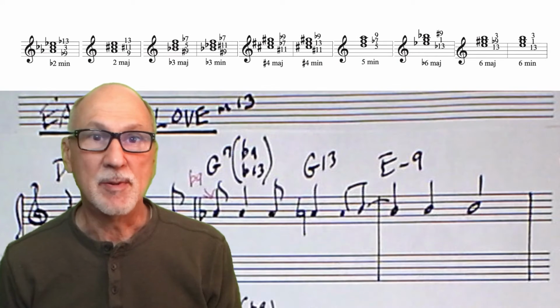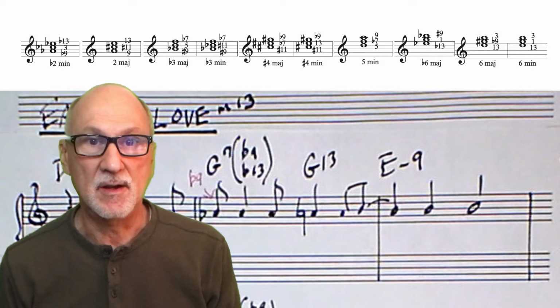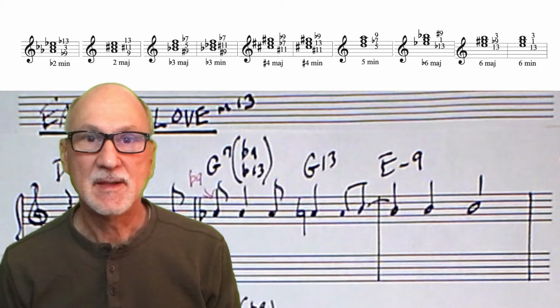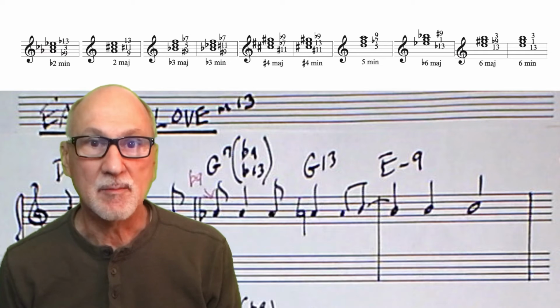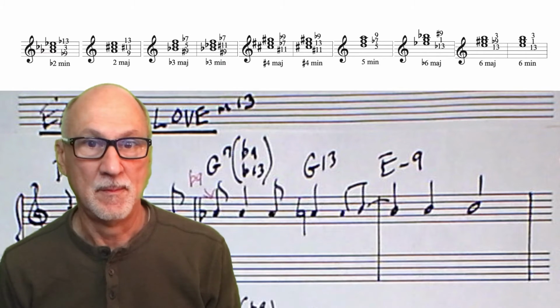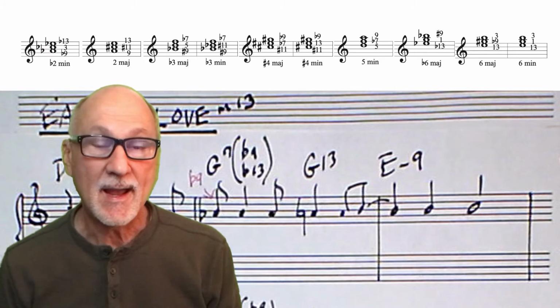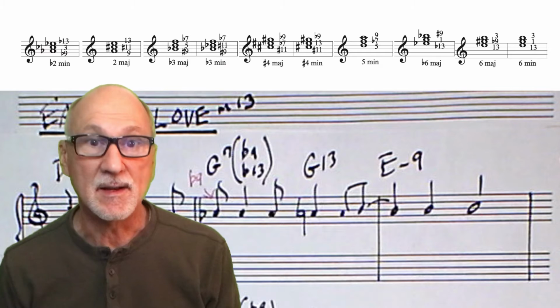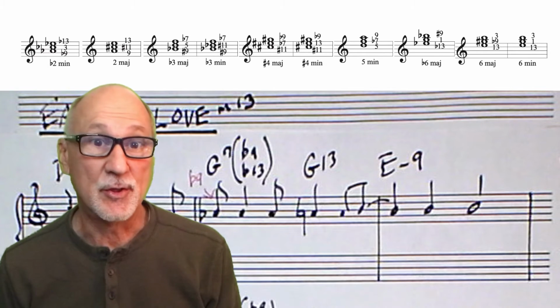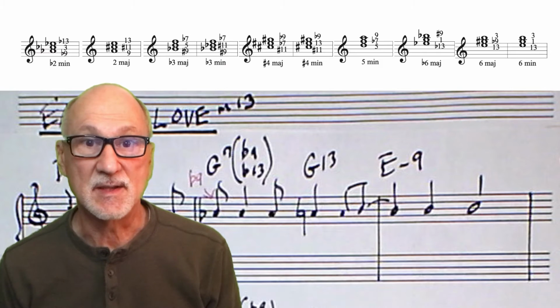So let's go ahead and apply these voicings in some standard songs. If you have a fake book, you can follow along. To keep it simple, I'll only create voicings with a G dominant 13 chord, but we'll harmonize all the possible melodic notes with these upper structure triads that we chose. Keep in mind that we may use the triad in various inversions, and that the pitches may be spelled enharmonically for ease of reading. And we will always make sure that both the 3rd and the 7th pitches are added